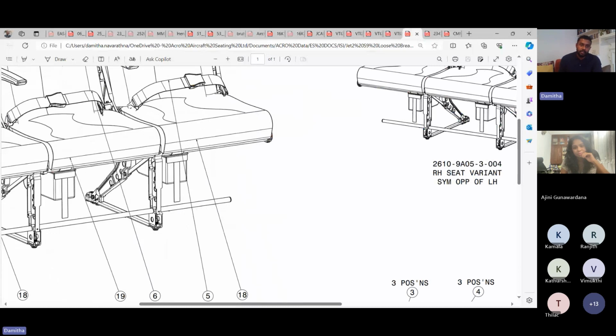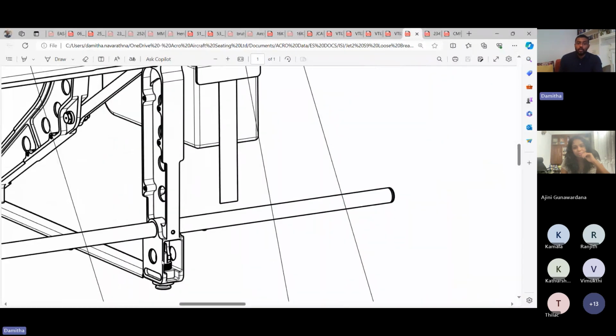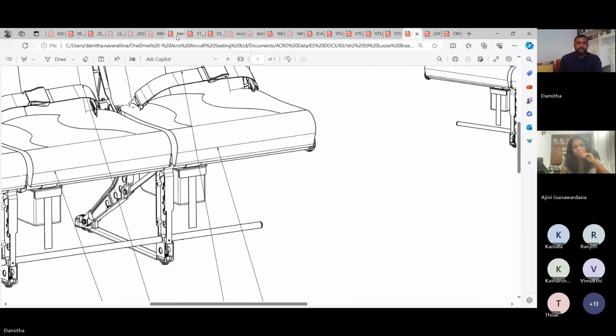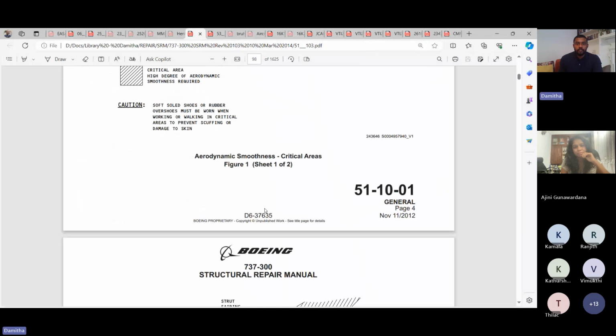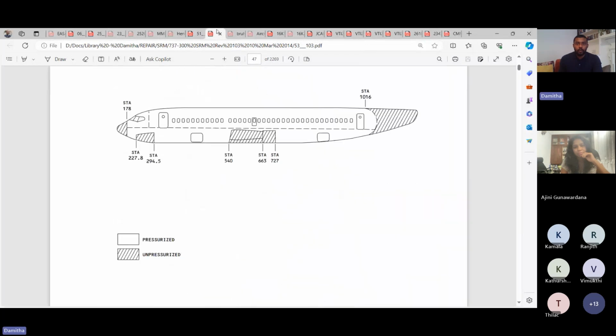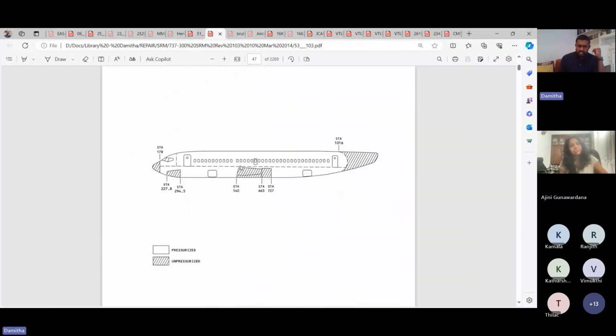You'll get to learn about these things maybe now or later. In an I-beam, the material in the middle doesn't matter too much, so we take off the material in the middle to reduce weight. As I said, weight saving is sort of the most important one. Okay, pressurized and unpressurized.